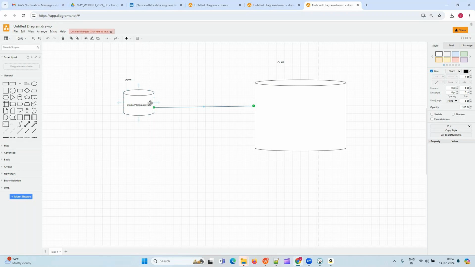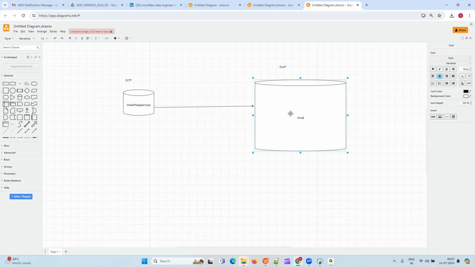As the data is getting older, you are going to move the data into an OLAP system, an online analytical processing system. This is where your Snowflake comes into the picture, guys. There are a lot of tools here. OLAP systems are what we call data warehouses, like Snowflake, Redshift, BigQuery. There are a lot of data warehouses like Teradata, SAP HANA, a lot of warehouses in the market.